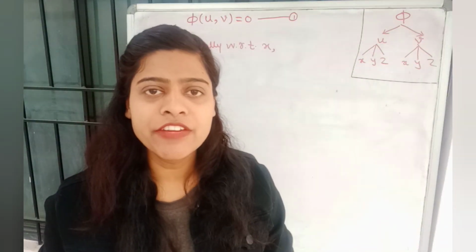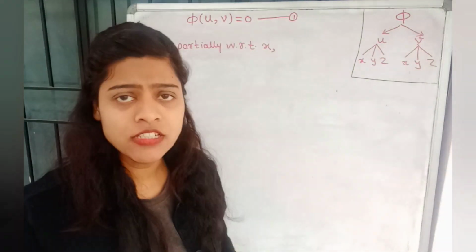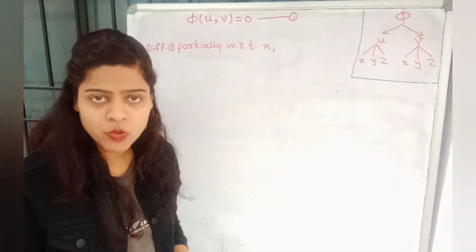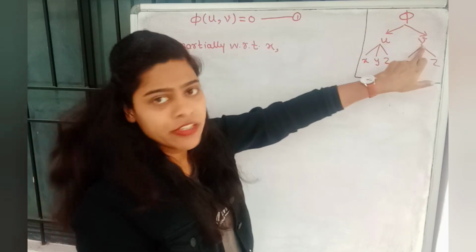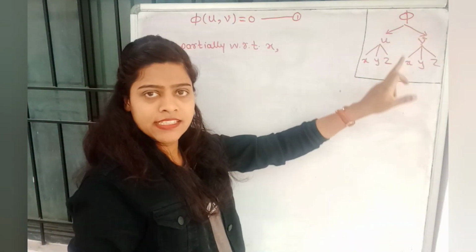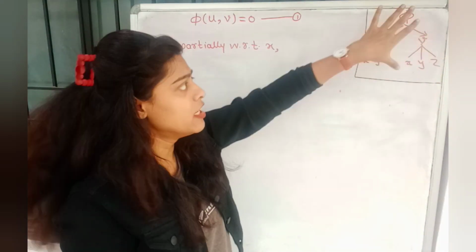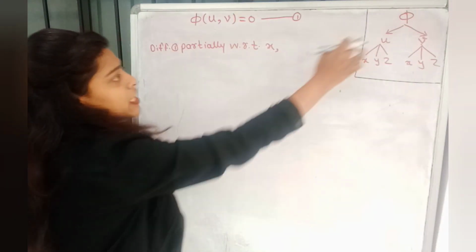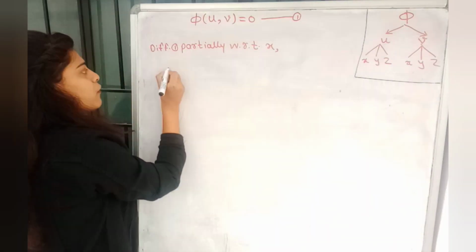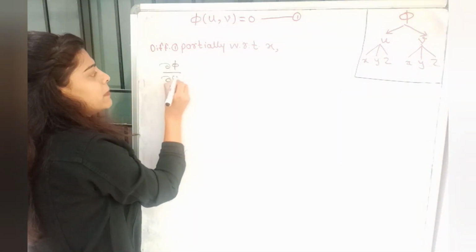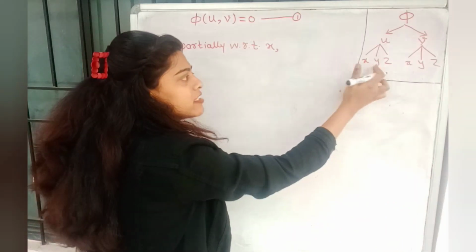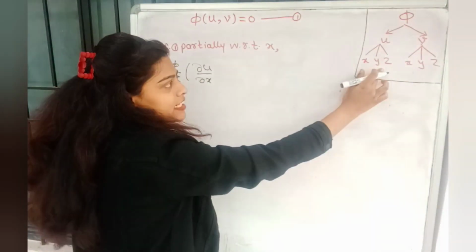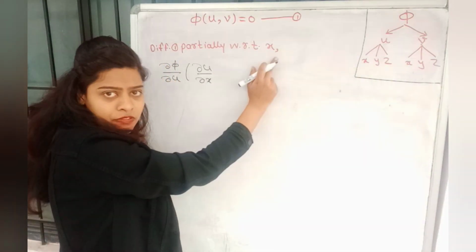To obtain a partial differential equation of equation number 1, firstly we have to differentiate equation 1 partially with respect to x. Phi is a function of u and v. Similarly, u is a function of x, y, z, and v is a function of x, y, z. With the help of this chart, we are going to find its partial derivative. That is, phi is the first function of u, therefore dou phi by dou u. But u is a function of which terms? x, y, z. Therefore, dou u with respect to dou x. Second term, that time 0, because we have a partial derivative with respect to x.